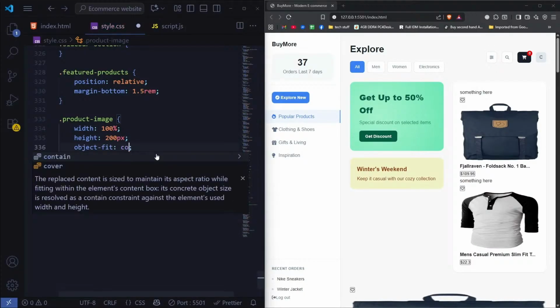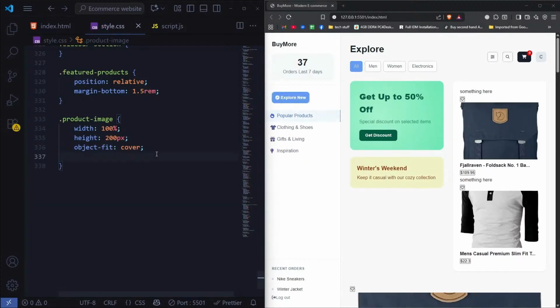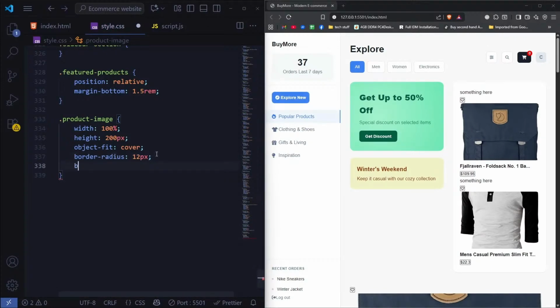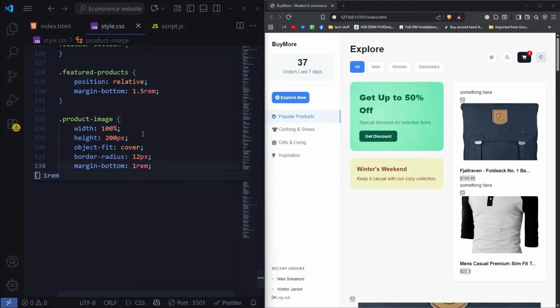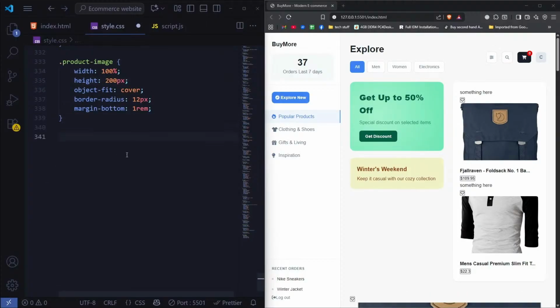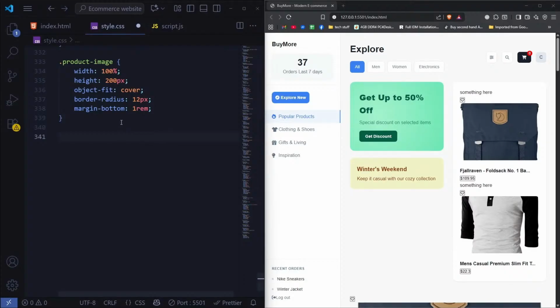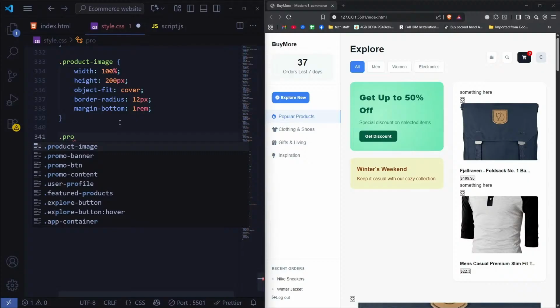Nice look stretch. I'm just gonna do cover. That'll fix that. And the border radius set to 12 pixels and margin bottom set to 1 rem. Just like that. It doesn't look great, but once we do it, it will look nice, I promise, okay? And for the product badge,